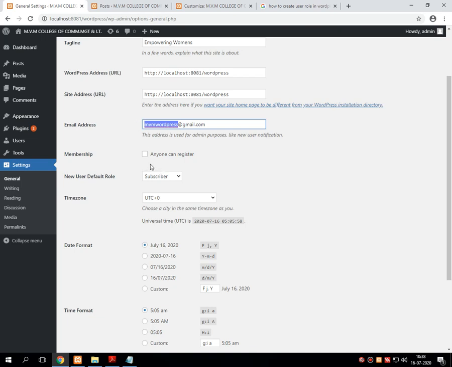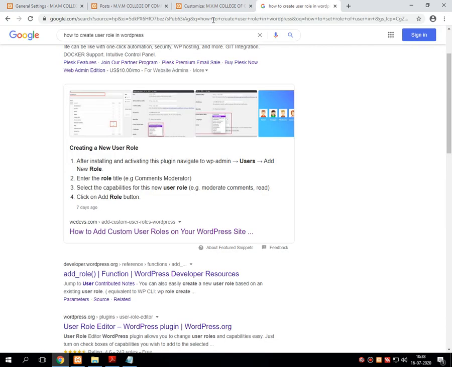Now suppose you want users to get registered to your posts, pages or website, and you want to give such a facility. Then under membership you just need to click on anyone can register. It automatically gives you the login window for the theme that we have developed, which maintains our website.